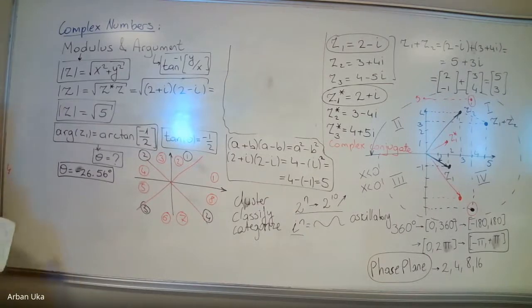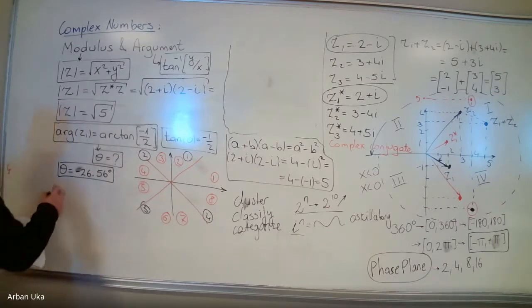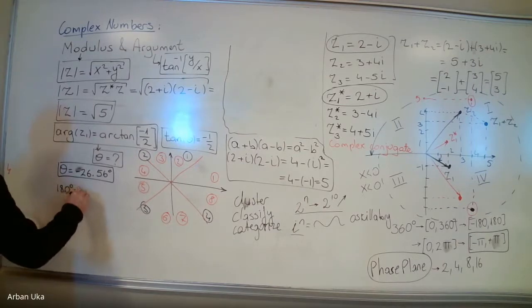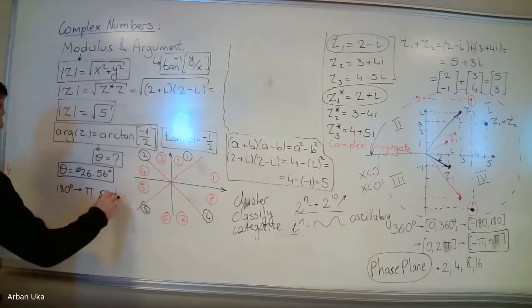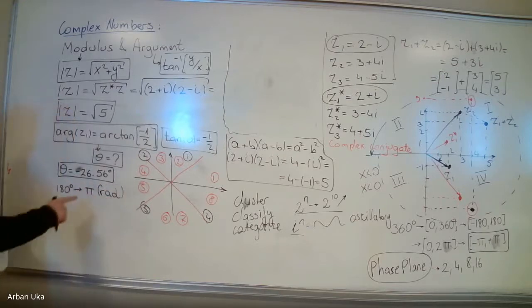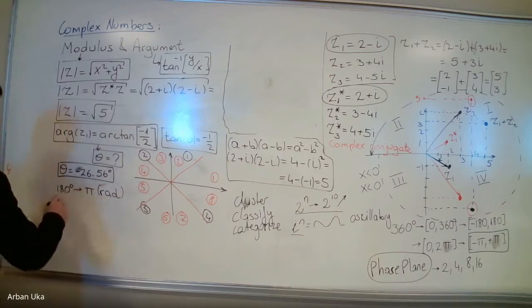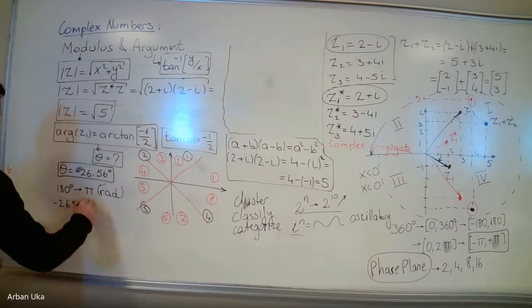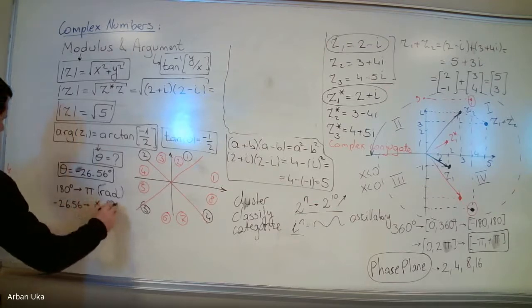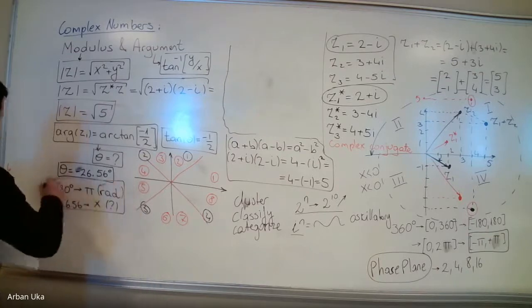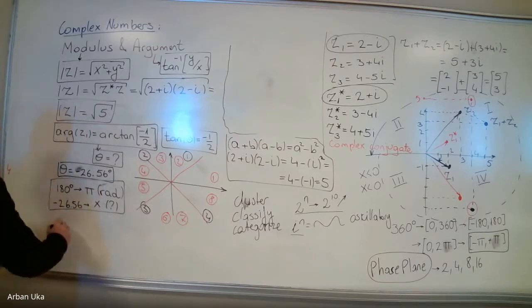Now, this is in degrees, and we may be interested in determining what this angle is in radians. Okay, and we know that 180 degrees is equal to pi, and these are radians. And -26.56 is x, the unknown value. So how many radians is this? To convert this into radians, we do the following. The x will be equal to